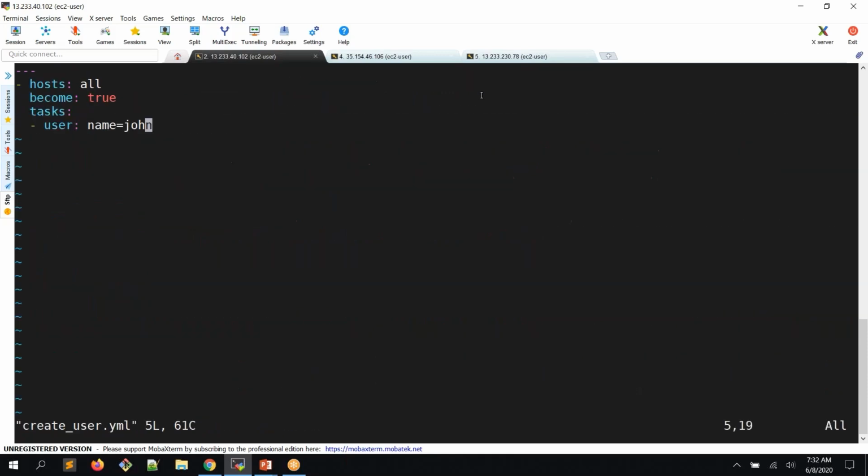vi create user. So now we are going to give some comment kind of thing, nothing but what this Ansible playbook is doing. Usually to give the comment kind of thing, we use the name parameter in Ansible. So let's go here. First, I'm going to give what this playbook is doing: minus name colon